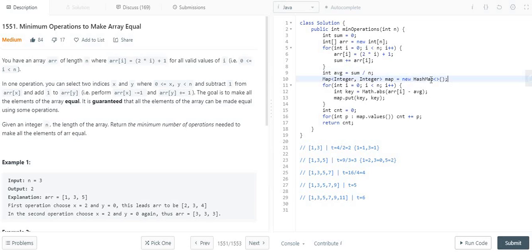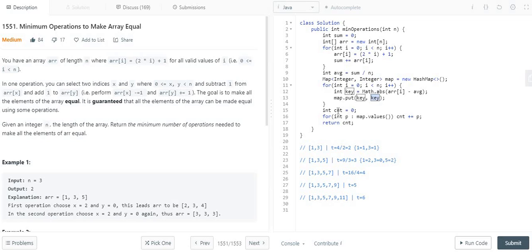Then what I am doing is, I am creating a dictionary or map to hold the distinct set of values. Then I am iterating through this for loop, through the whole array, and every time I am subtracting the average value from the current index value of that array. So array of i minus average, and I am taking the absolute, so I have positive values only. This way I am calculating the key and updating the hash map with the key and value, which holds this subtraction result which has the positive value.